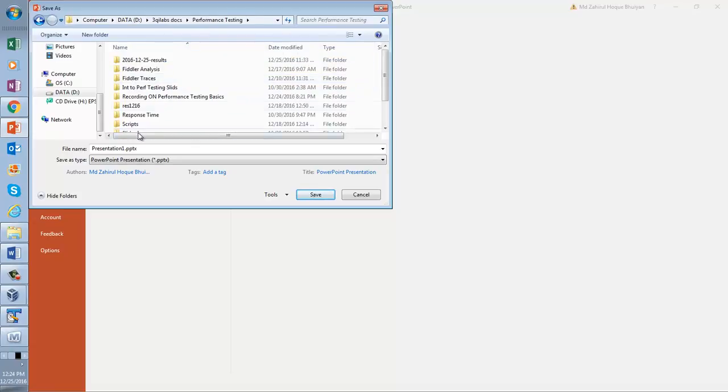So here I will be giving a meaningful name: 2016, and then 1225 performance test execution report for web tools application.